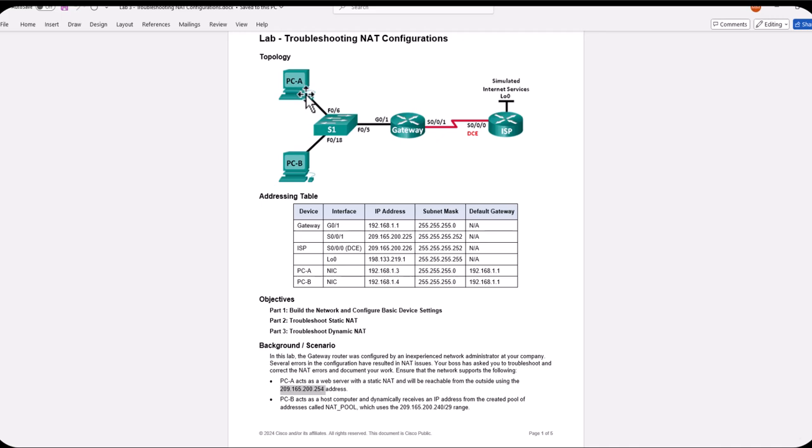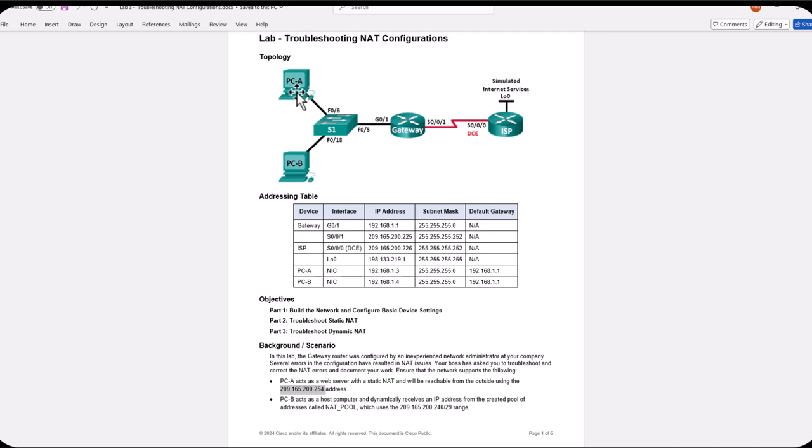So a static NAT is usually when we have one web server in our corporate network with a private IP address and we want it to be accessible from outside, but the outside users cannot reach the private IP addresses. So we use a static NAT and we NAT the private IP address of this PC, which is right now, we use this IP address to go outside. So we actually do the static NAT on the private IP address and send it outside. So from outside, this PC is accessible by this IP address, but of course it will be translated to its